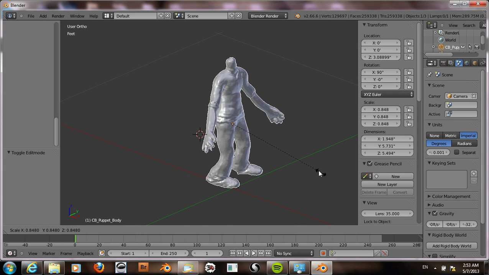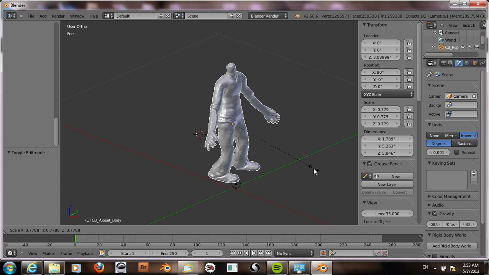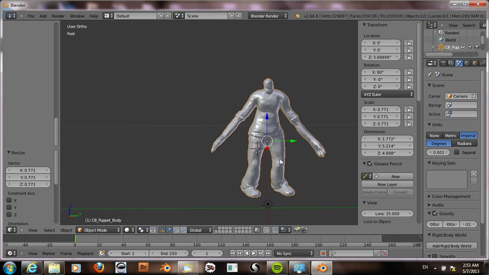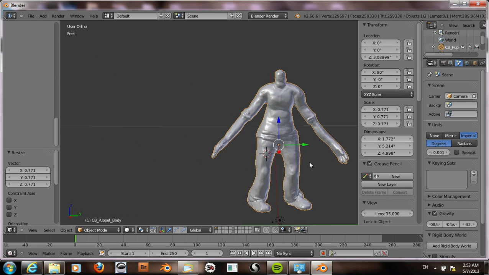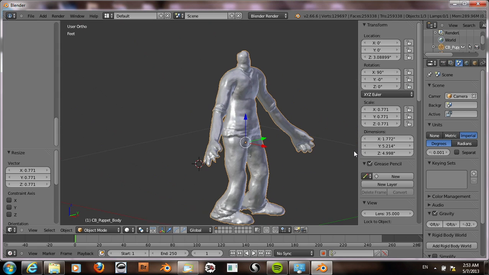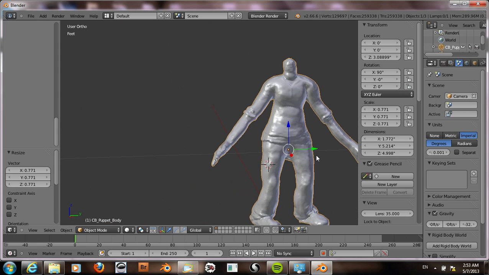I'll scale this to about 5 inches or so. Okay. And then we can export